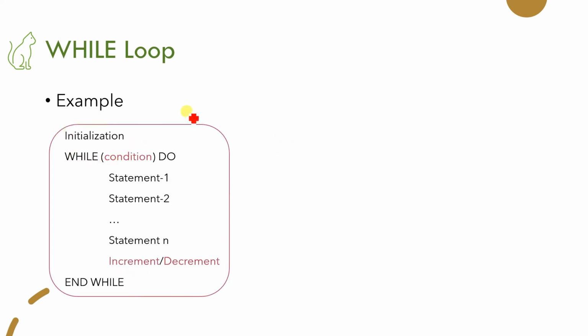Okay, so let's say this is the syntax. Now I am using the concept of increment and I am trying to write an example. You can see here, the first step is your initialization step. Here I will take a variable, that is I. Assume that I is nothing but a box where I can keep some values. Here I am putting 0 inside the box I. So let's say I contains 0.